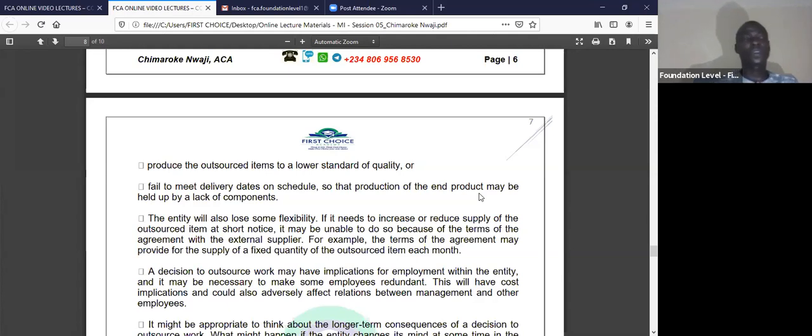Okay? So if the customer comes and you say, I don't have all of them, my co-supplier is coming, but he's nowhere to be found. You lost the customer. Now the entity will also lose some flexibility. And the decision to outsource work may have implication for employment within the entity. And it may be necessary to make some employees redundant. Okay? So look at some of the